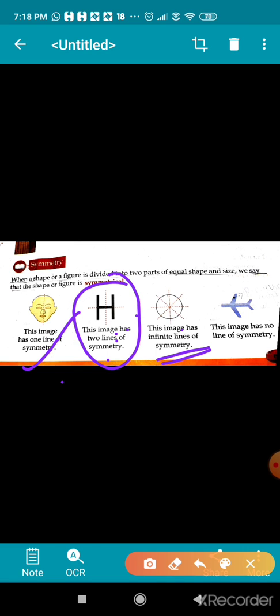Okay? And children, here, if you draw line of symmetry, this figure is not identical, because here you can see dot and here is no dot. So this is asymmetrical figure. Children, hope you all have understood what is symmetrical figure and what is asymmetrical figure. When the shapes are divided into two or more equal parts, such shapes are known as symmetrical figure. The ones that do not resemble each other when divided in two parts are called asymmetrical figure. Okay.